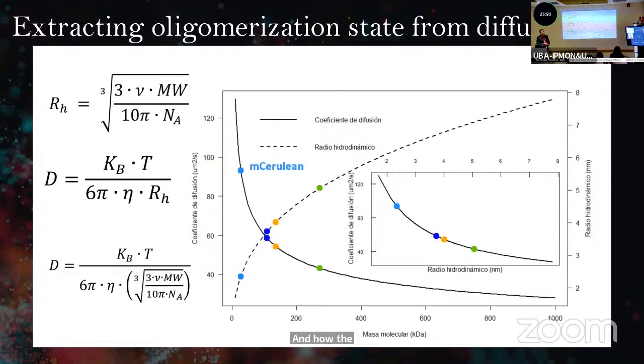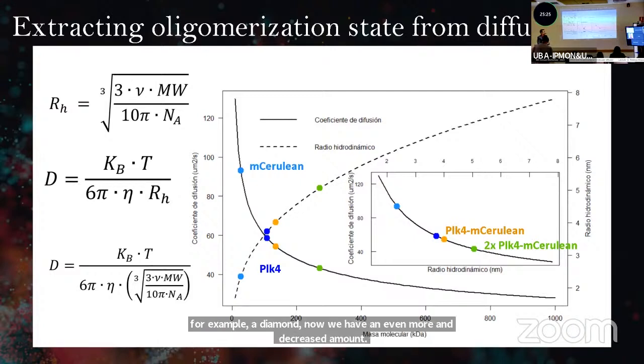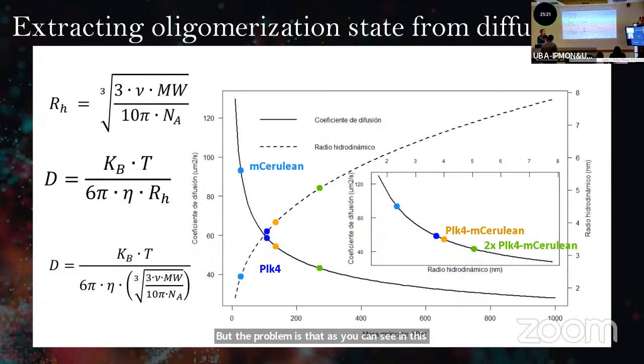For example, if we have a fluorescent protein like mCerulean, we have a small molecular weight and a high diffusion coefficient. But if we have a protein of interest that we want to label with it, the diffusion coefficient has decreased. And if we have, for example, a dimer, now we have an even more decreased amount. But the problem is that, as you can see in this relationship, the higher the hydrodynamic radius,